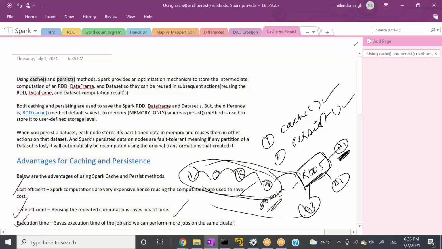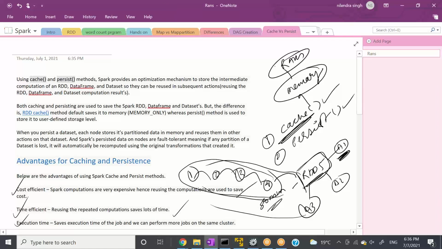The answer to this question is, when we talk about caching, it's only in memory. Memory means only RAM. So when we talk about the .cache method, it's only in memory. By default, when we talk about RAM in Spark, we call it MEMORY_ONLY.